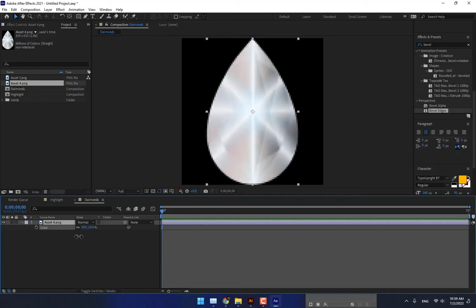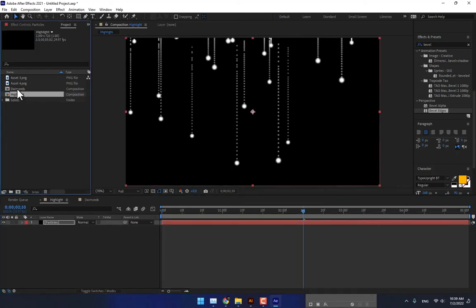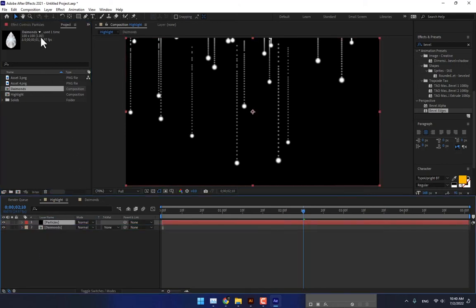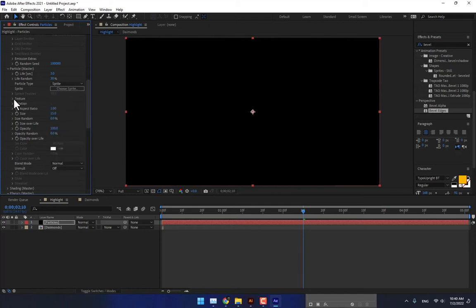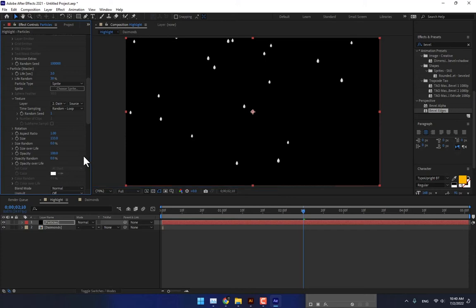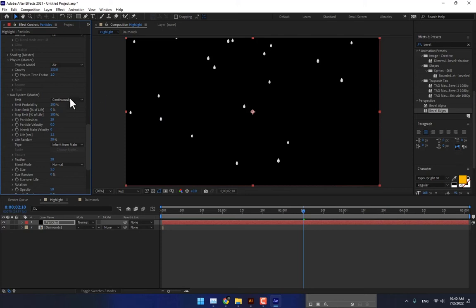Press S. Scale down the size and go back to highlight. Select the diamonds. Drop here. Go to particles, change the sphere sprite, and now go to texture, select the diamonds, and change the size 50, more 90, more 130. Looking good. And now go to aux system continuously,